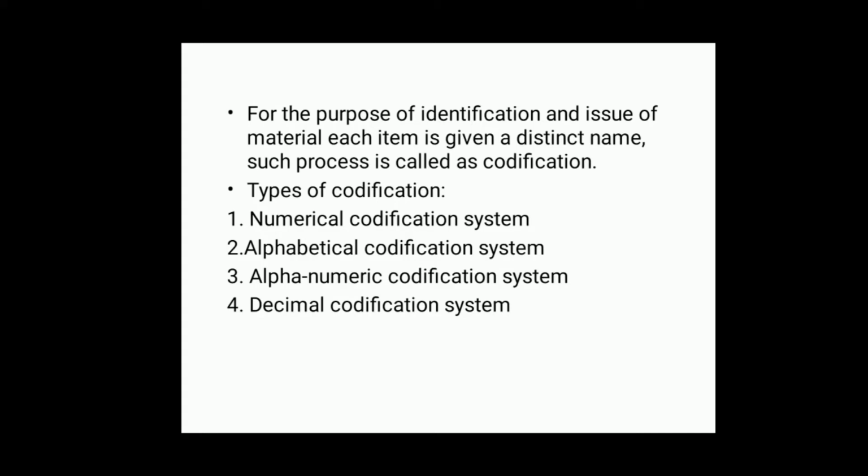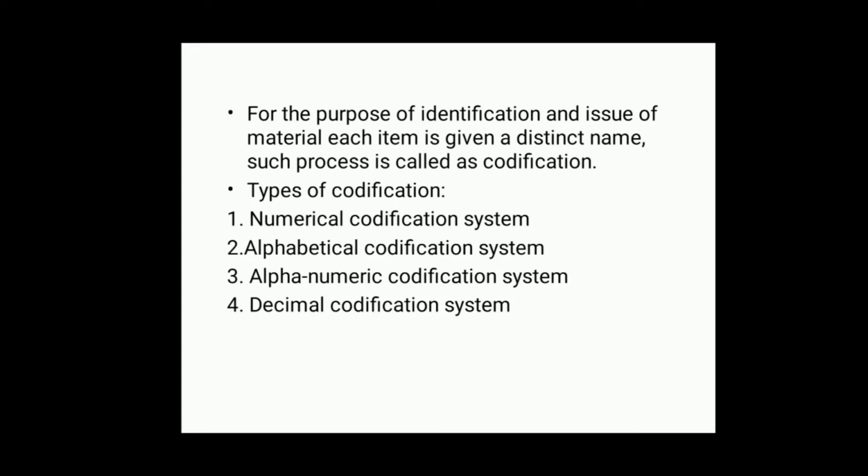First we have to classify, afterwards we have to give some codification for that purpose. So all the items are grouped so that each item of store will be continuously codified on an alphabetical, numerical and alphanumerical basis and given a distinctive store code number. We'll see there are different types of codification, how we can give the codification for a particular part. The first is the numerical codification system, meaning we can give numbers 1, 2, 3, 4. So this is the codification for a certain part.